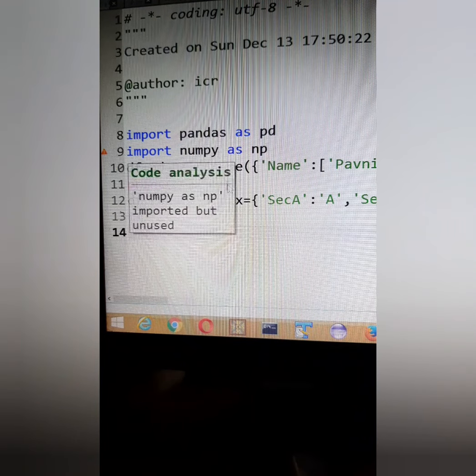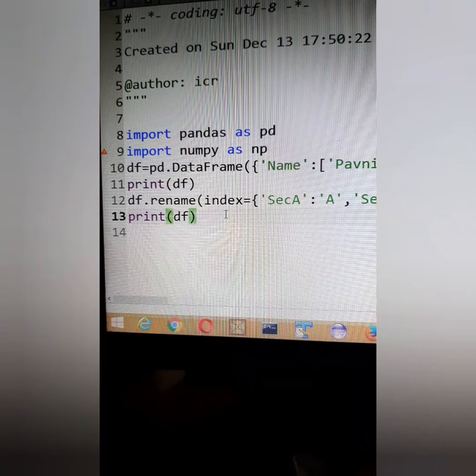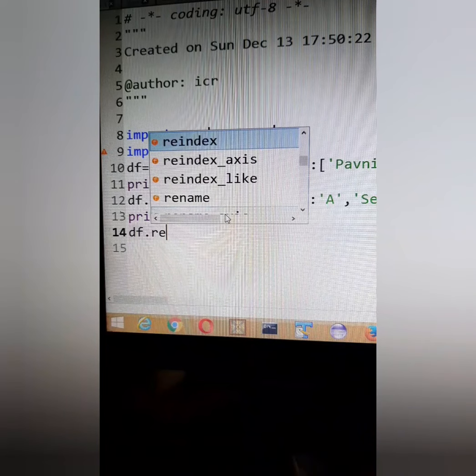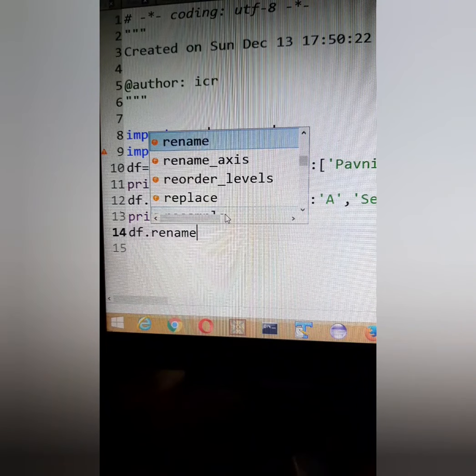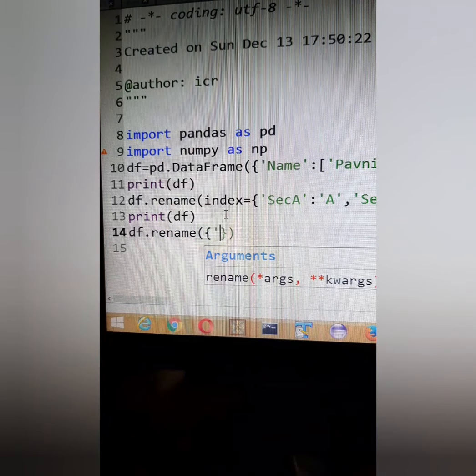If you want to change the columns also, like in the columns we have got roll number as a big one, we can say df dot rename, and in the brackets in curly braces I can specify roll number colon RNO. I want to keep a short name for roll number.